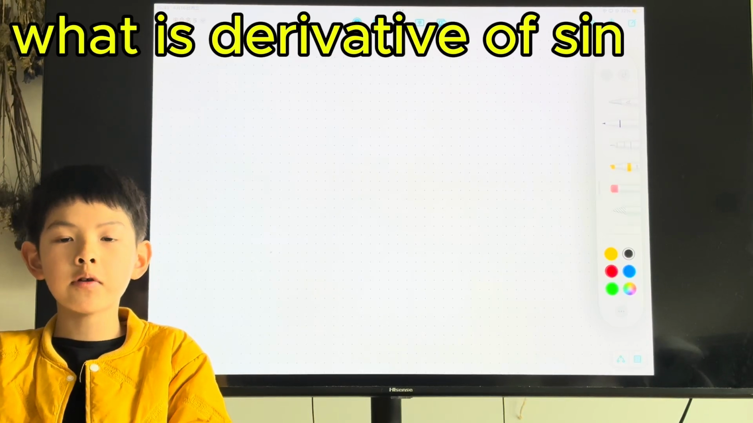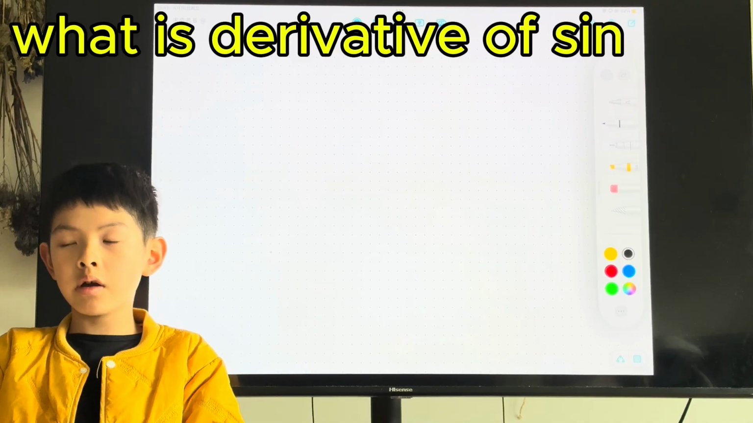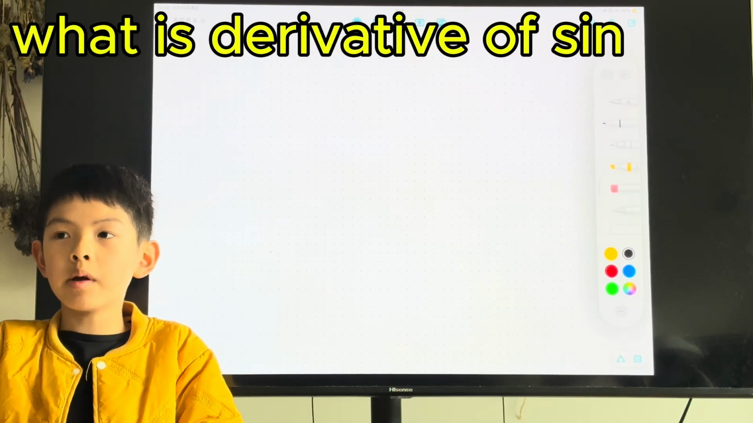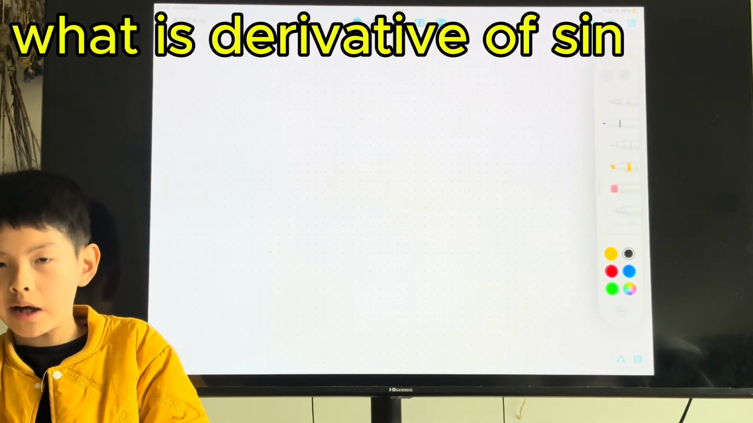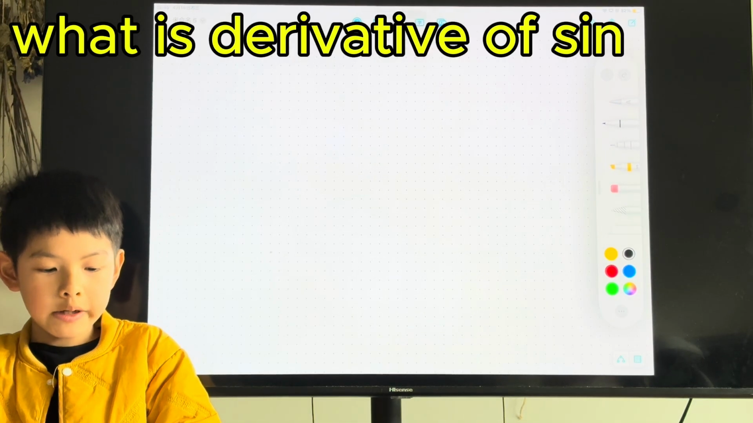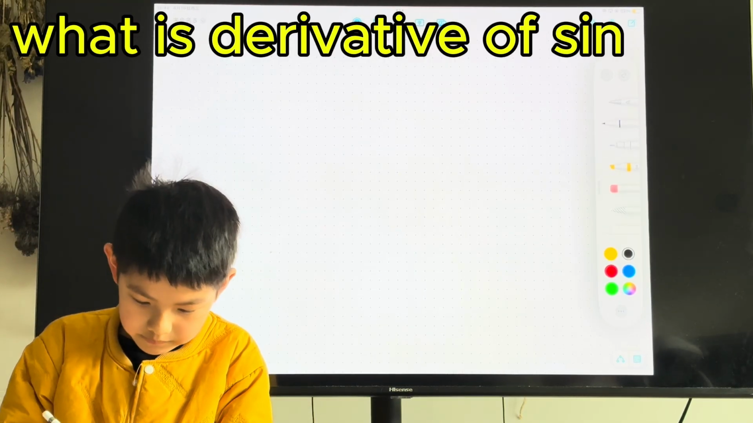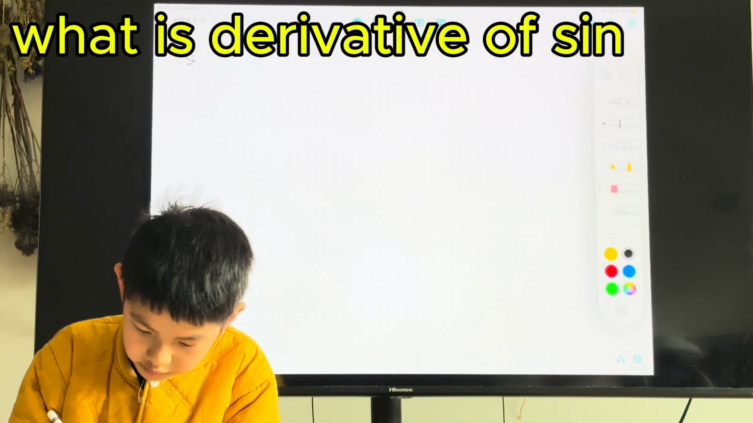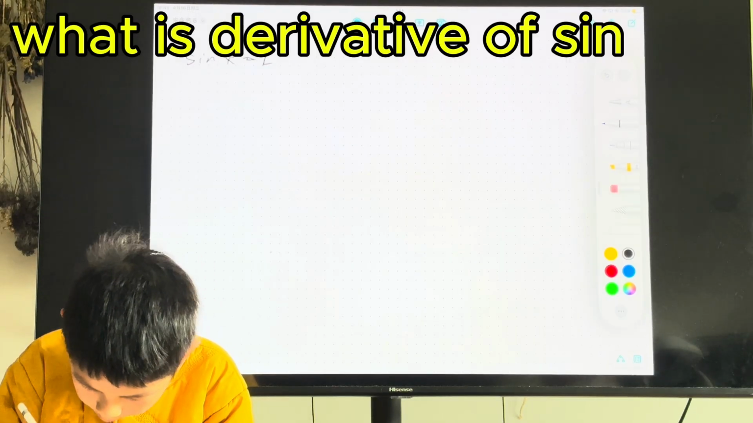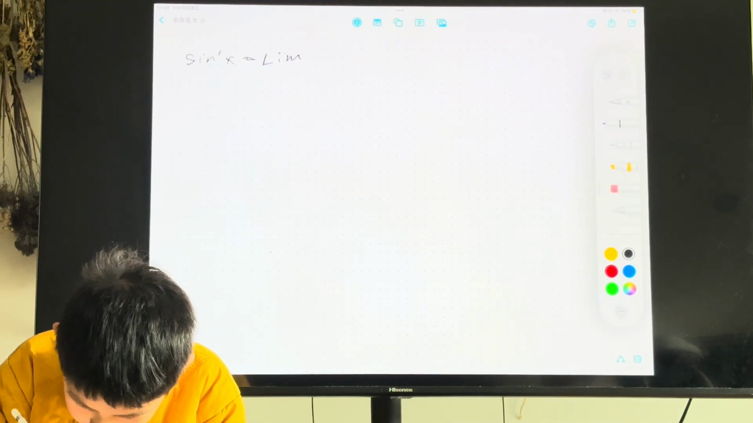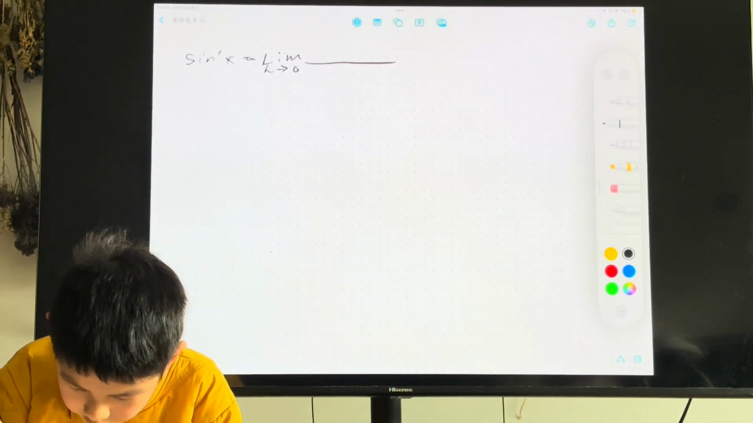To find the derivative of sine of x requires a bit more work than just using those rules. We need to go back to the definition of derivative. The derivative of sine of x is the limit as h approaches 0 of